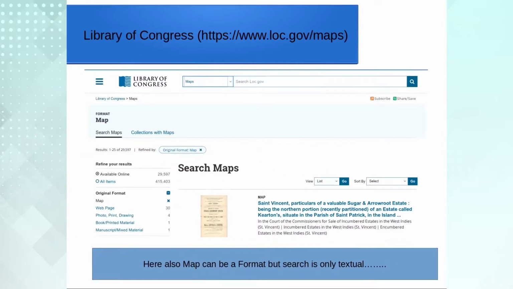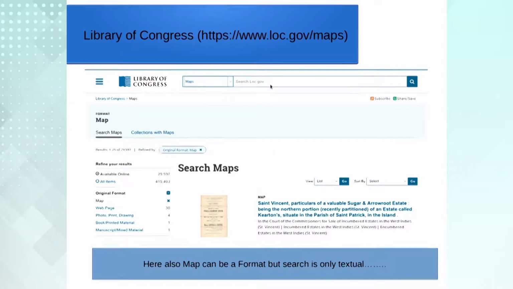This is the Library of Congress, possibly the largest national catalog in the world. Here also I can search the maps by selecting the format as map, but search is still textual.